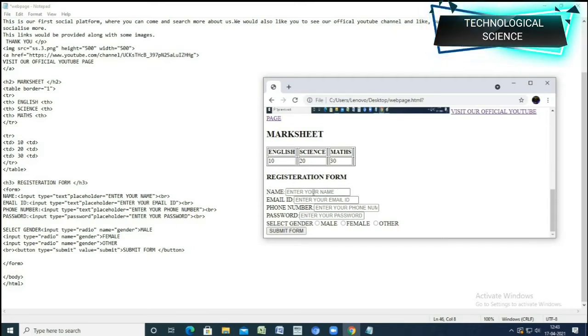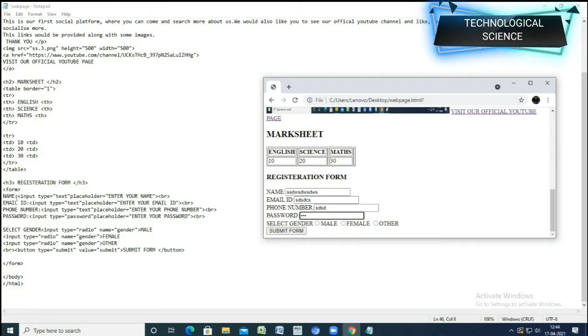Now what you can do over here, let's have a look at the results first. So as you can see here, it's written name, then in the blank over here that we have to write your name, it's written enter your name. Here it is written enter your email ID, enter your phone number, enter your password. So basically I can easily enter anything over here, like this. Also over here I can enter anything, and also here I can enter. But for the password, if I enter anything, that would be in dots, just because I have entered a password. So that I would explain to you further. So now let's get started with this thing.